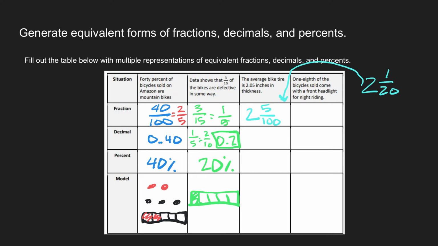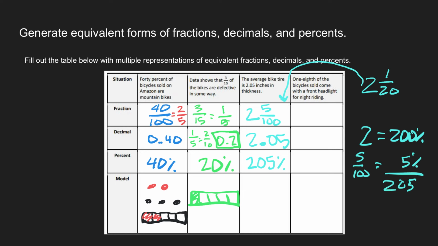The decimal, 2 5/100. Percent would be 200% and 5% added together. Boom, because the 2 equals 200%, and then the 5/100 equals 5%. So when I add those together, I get that. And then the model,